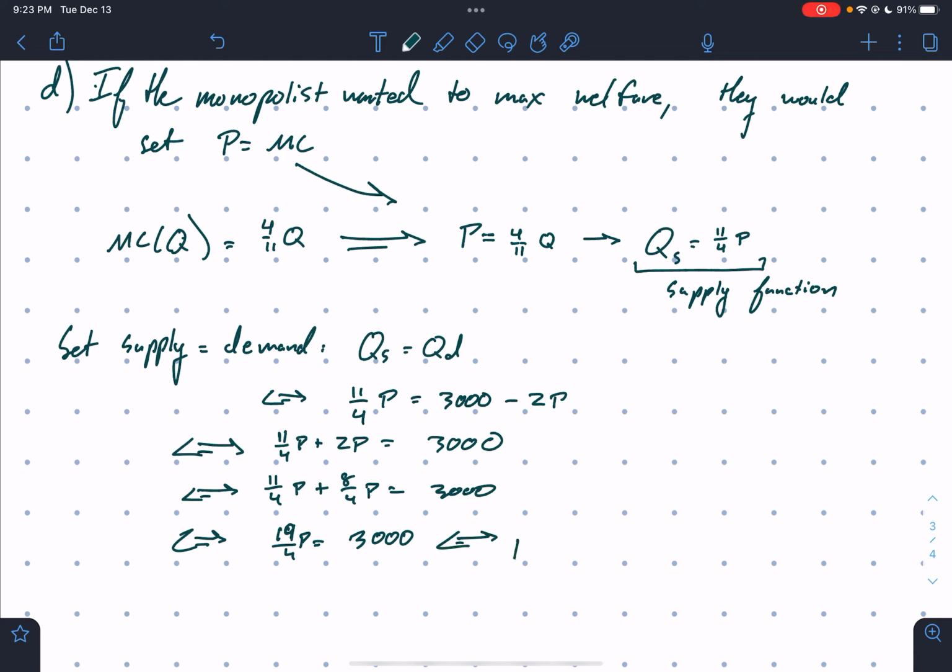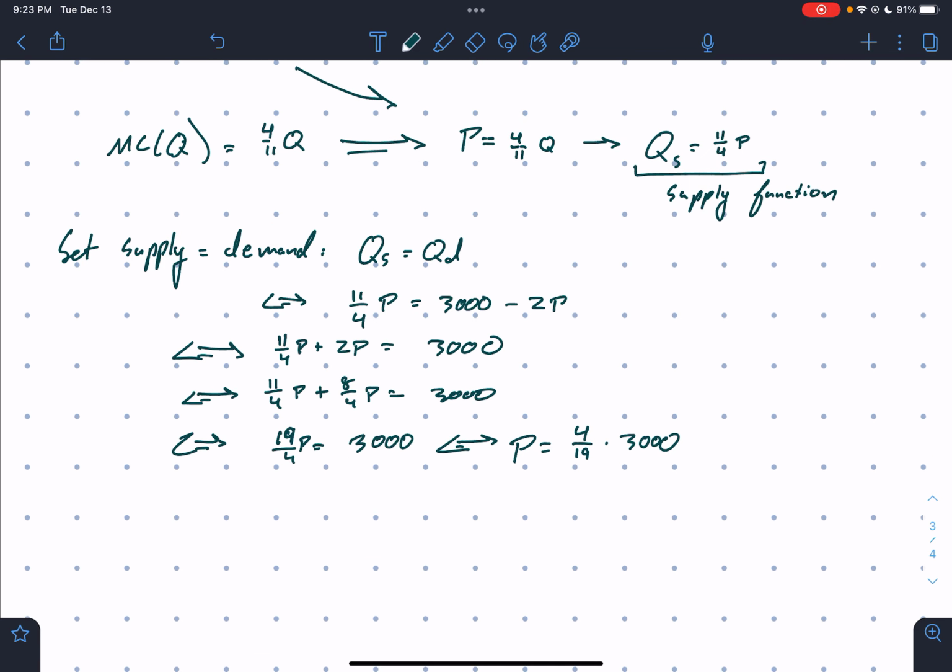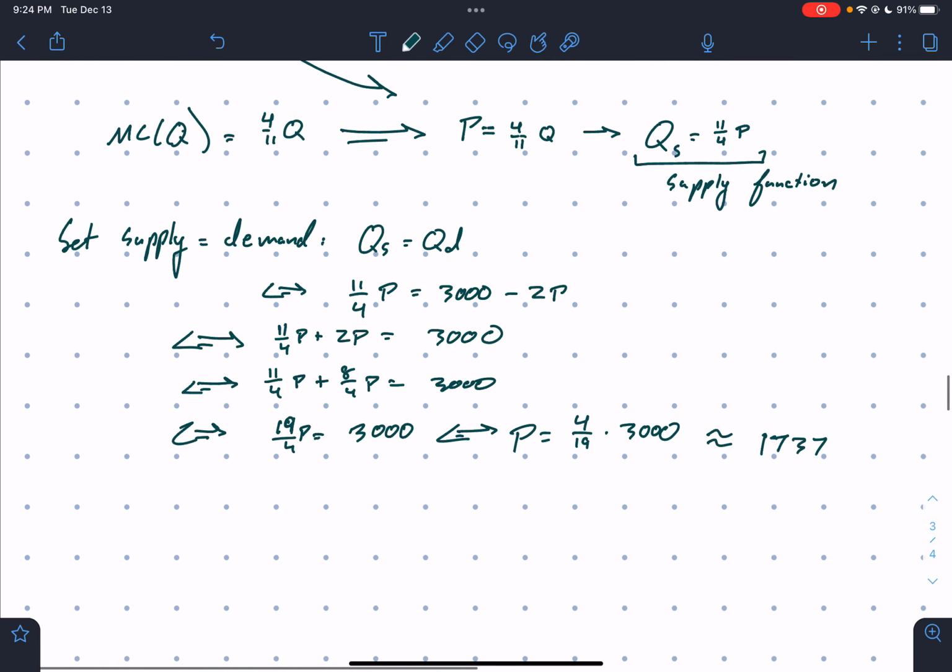And this gets us P is equal to 4 over 19 times 3,000. This is approximately equal to 1,737. So the idea is this is the price that the monopolist would set, given that they were setting price